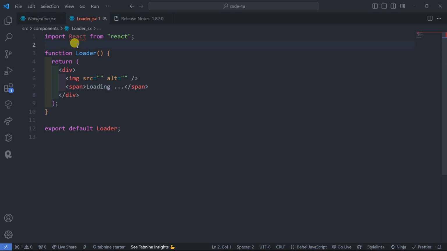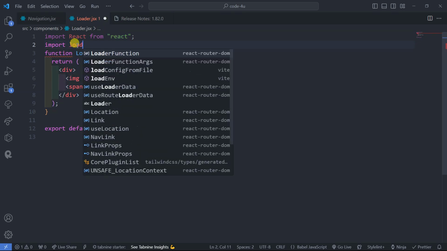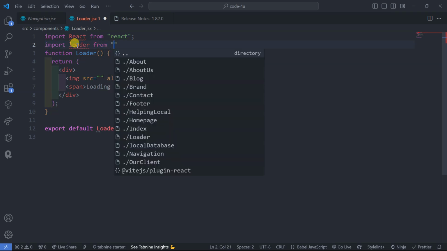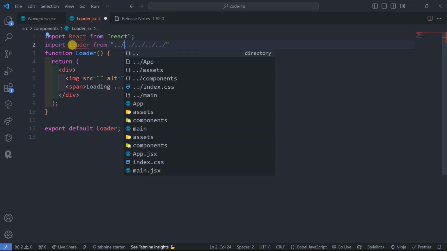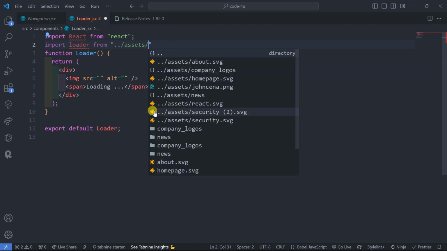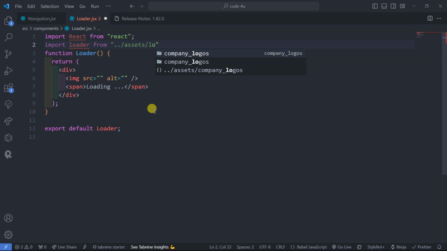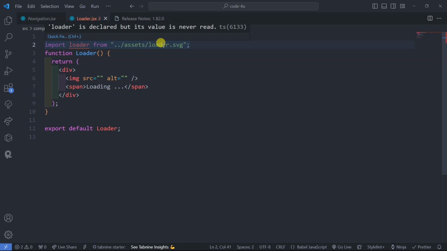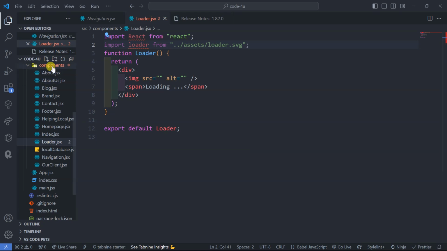Now let's import the image. Import loader from ../assets, like this, slash loader.svg. SVG stands for scalable vector graphic. So let's see here, there is a problem. The loader is declared but its value has never been used, but there is still one problem, because it must show up here